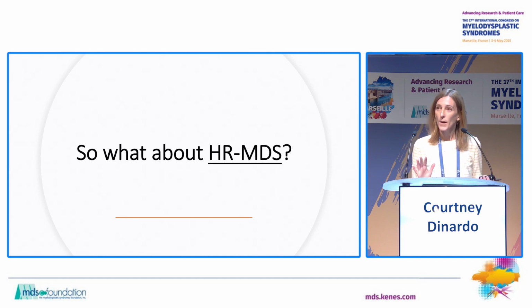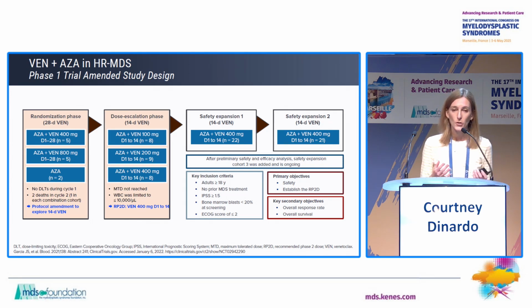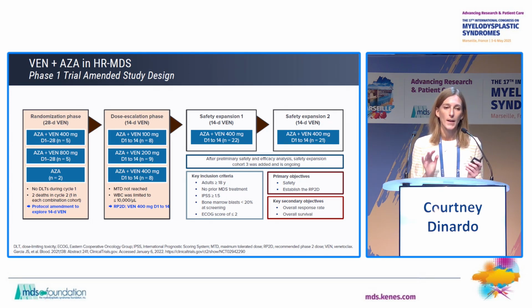And so I think with all that as background now, we can pivot and talk a little bit about where we are with BCL2 inhibition and venetoclax in particular for patients with high-risk MDS. And this is the phase 1 trial that Jacqueline Garcia presented at ASH a year or so ago. This phase 1 trial had a bit of a storied past, right? It started with different continuous venetoclax doses, 400 and 800. And while there were no DLTs during the first cycle, which was, of course, the primary endpoint at that point, there were 2 patients who died in cycle 2 of these combination cohorts, infectious-related complications,